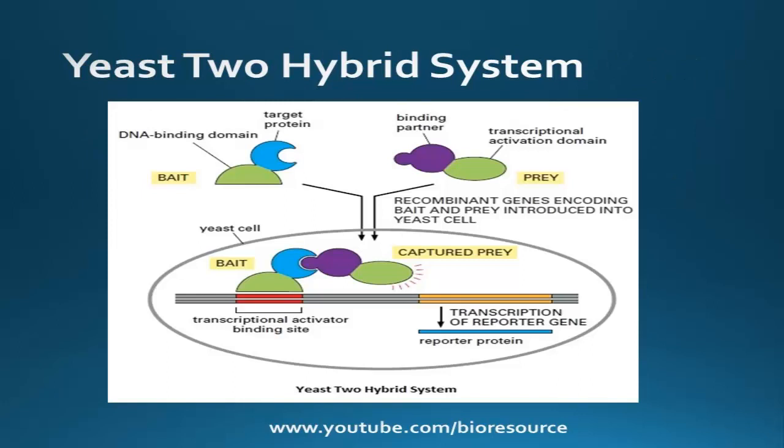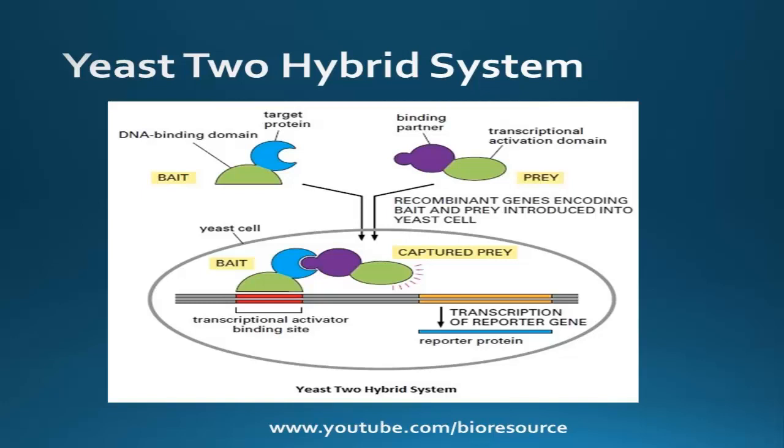The DNA sequence that encodes the target protein is fused with the DNA that encodes the DNA binding domain of a gene activator protein using recombinant DNA technology. Two sets of proteins are used. These are called the bait protein and the prey protein. The target protein is fused to the DNA binding domain that localizes it to the regulatory region of a reporter gene, known as bait. The specially designed protein in the cell nucleus is called the prey.